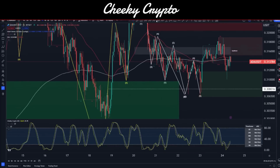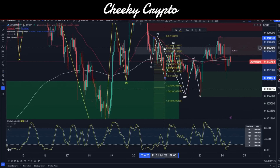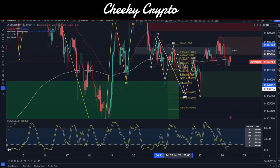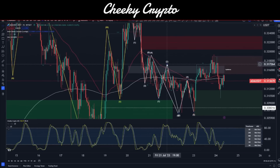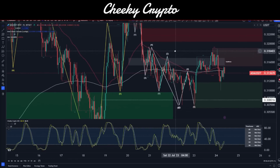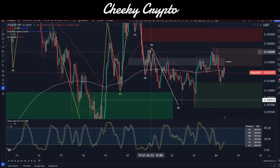Okay, let's see. Grab our fibs, run the fibs up to here and down to here. So it doesn't really meet those requirements of a diagonal, which is quite interesting. And if I missed anything within that pattern, let me see. The only other way I could potentially see it is that we haven't started where we've started